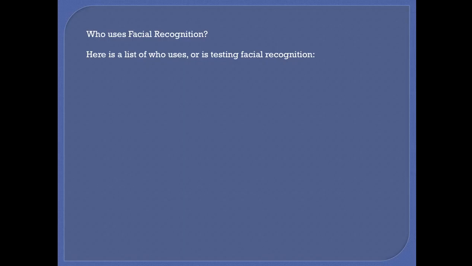We're coming up to the end of the presentation, and so the question I had, which was actually a little bit funny, was who uses facial recognition software? Some of the big ones that you're automatically going to be thinking of, and possibly were thinking of in this PowerPoint, were the FBI. Obviously, the FBI uses it. That was the first one on my list. Law enforcement agencies, FBI, CIA, trying to find terrorists and stuff like that, definitely